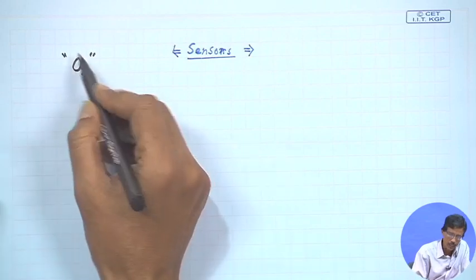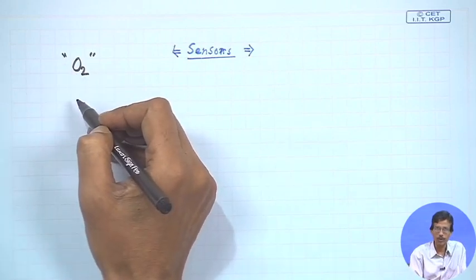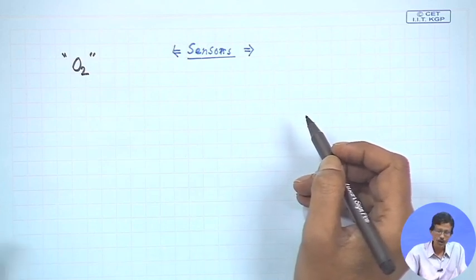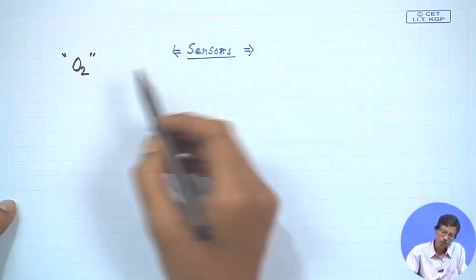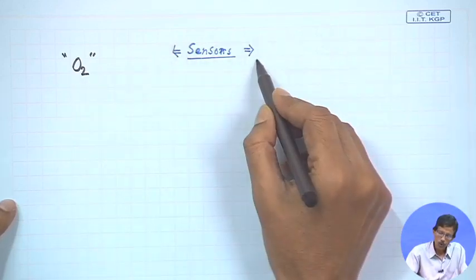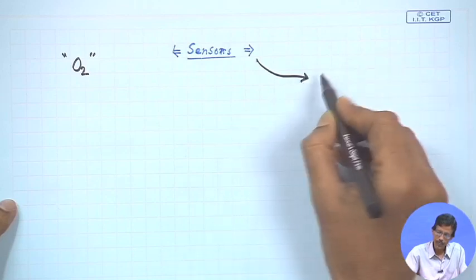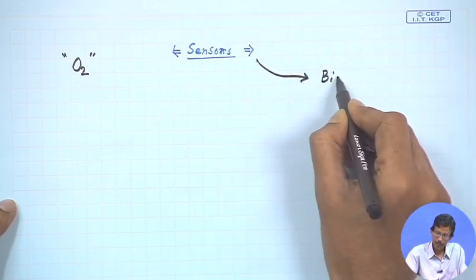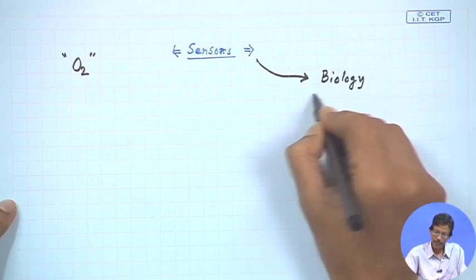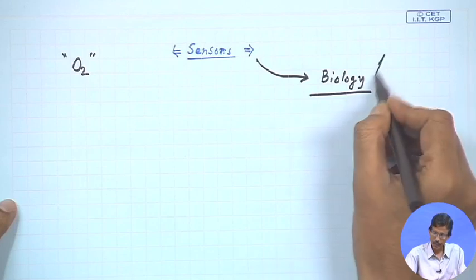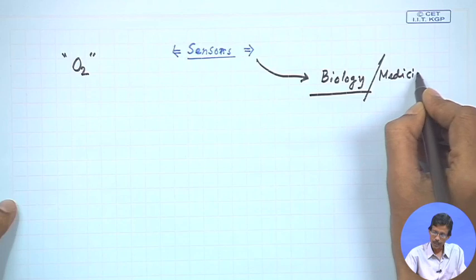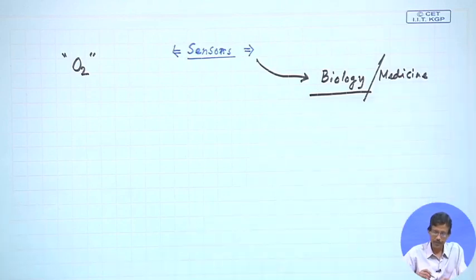That means you bubble oxygen to some solution and you put that solution for your electrochemical testing or electrochemical analysis or electrochemical sensing of your O2 molecule. So, this is very important and a very straight cut one. Now, we slowly move to something where we can define it as a biological thing, how biology can benefit all these things, and also the medicine or the medical people can also get benefit from